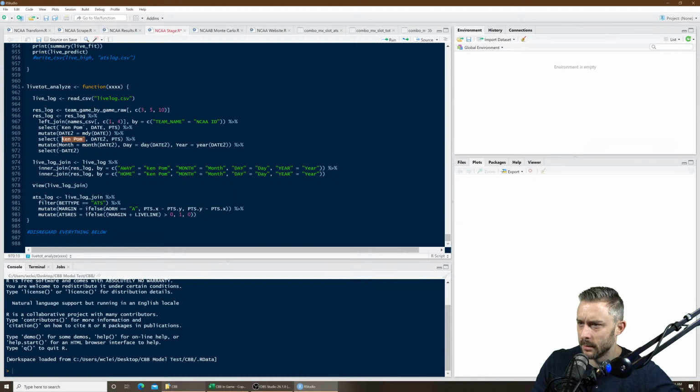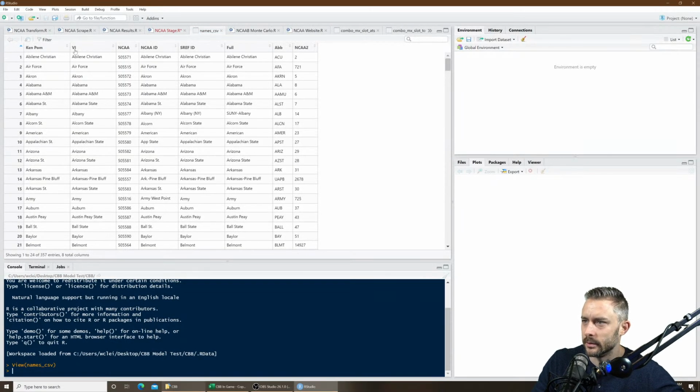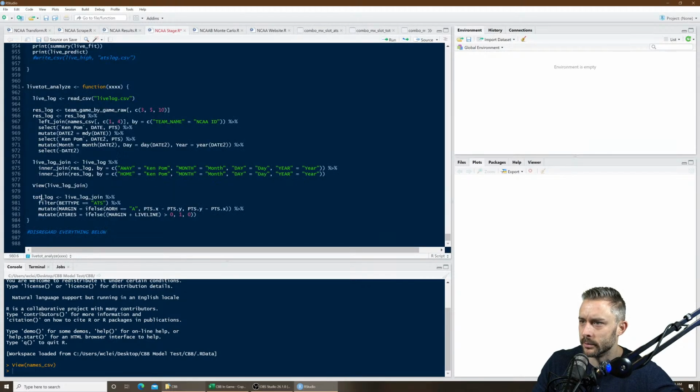And by the way, the KenPom column is just a vector of team names. It's a standardized vector of team names that I use, so it has nothing to do with those actual numbers. I'll show you. I have a vector of 7 different names, just for reference, so I can match them. And I use the KenPom column as my official names. All right, so